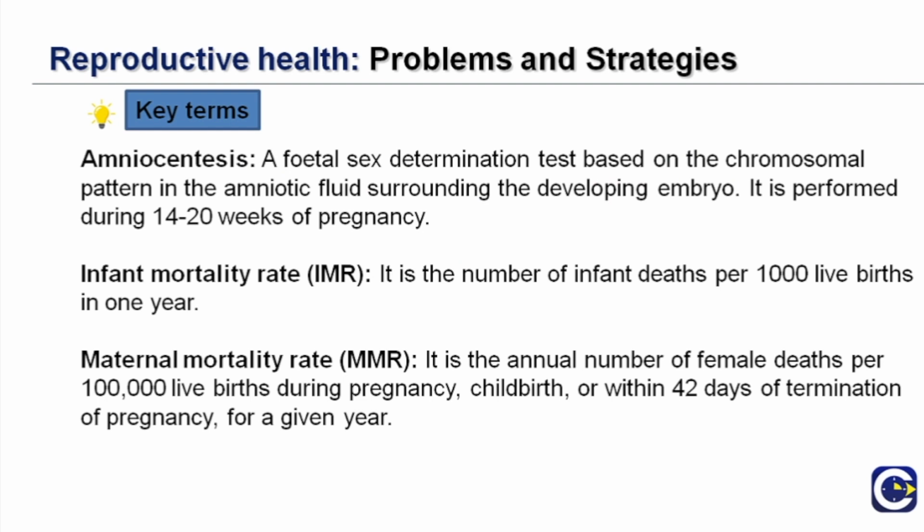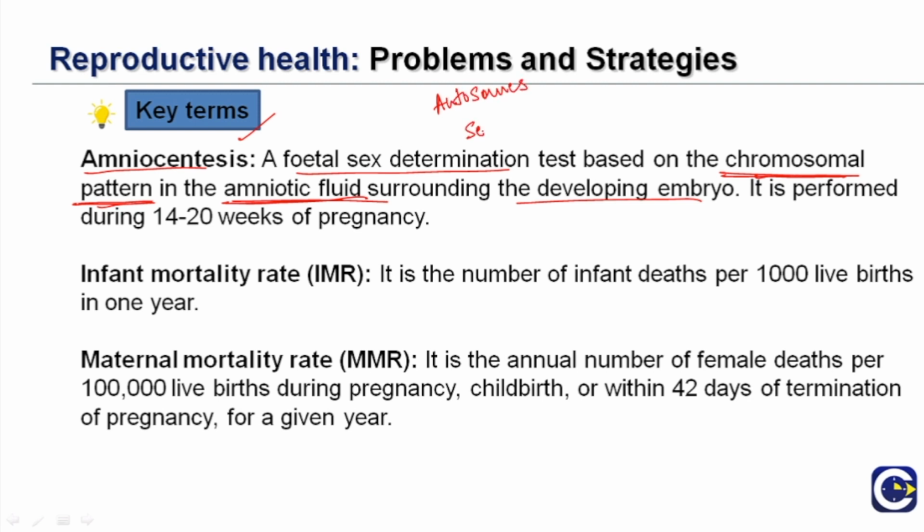So first we start with certain key terms. And the first key term that we must know is amniocentesis. Amniocentesis is a fetal sex determination test that is based on the chromosomal pattern in the amniotic fluid surrounding the developing embryo. So in this particular test, they take the amniotic fluid from a pregnant lady and subject it to chromosomal patterning. And then we get the pattern of autosomes